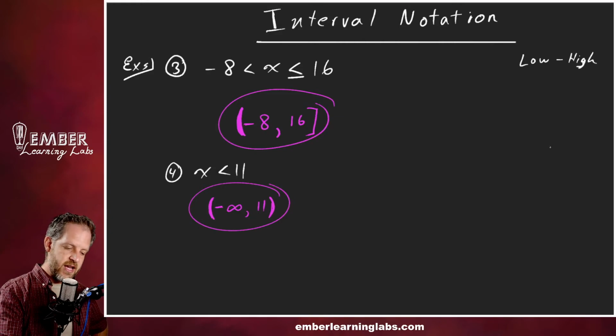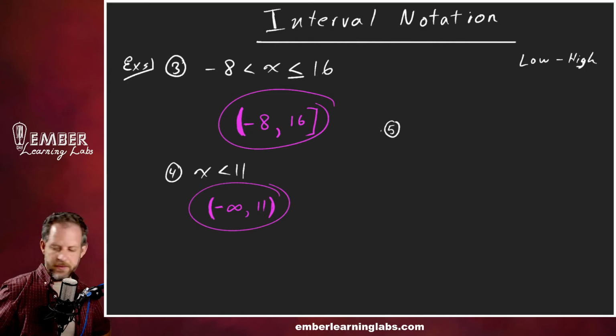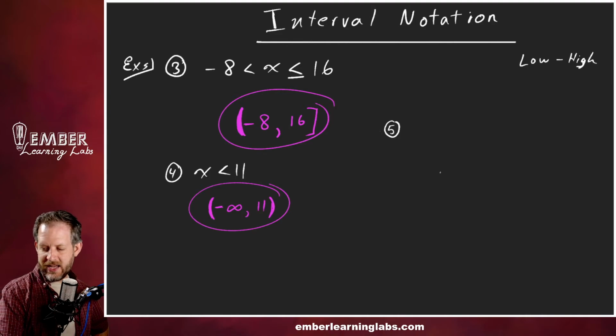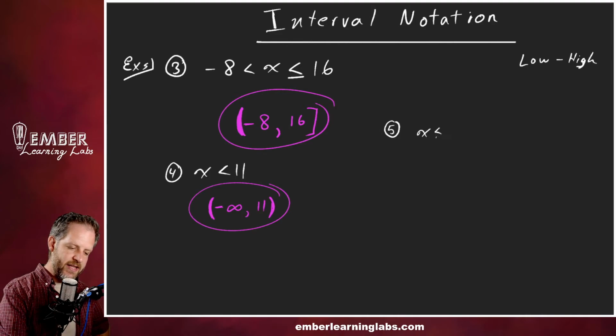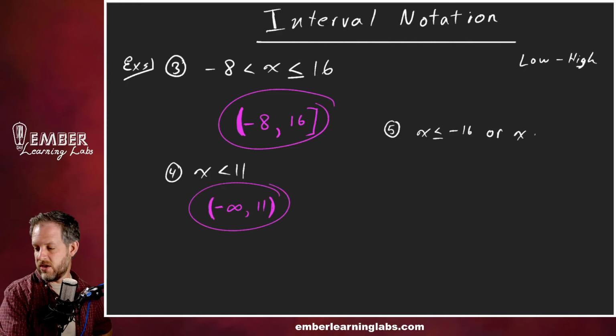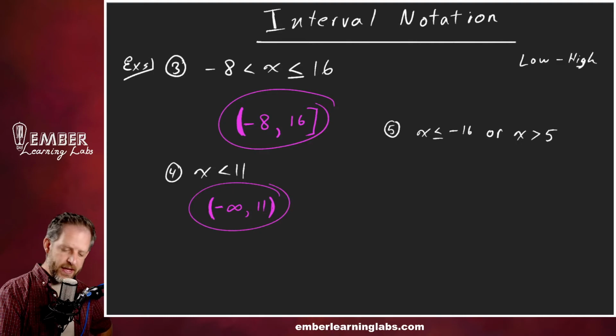So this is example 5. Excuse me. So example 5, we've got x is less than or equal to -16, or x is greater than 5. Okay, so this can be used. Now this one, we've got some puzzle pieces here. You don't have to do this, but I'm going to go ahead and graph this one real quick, or not